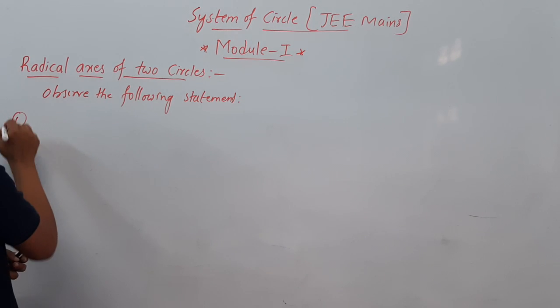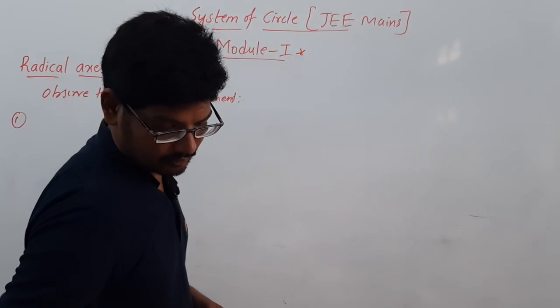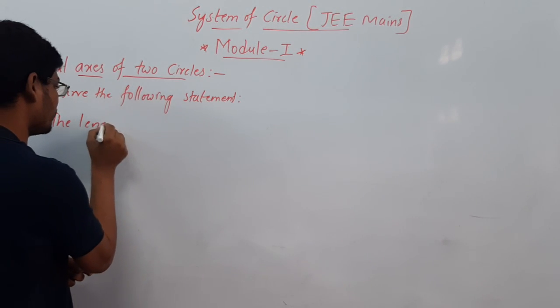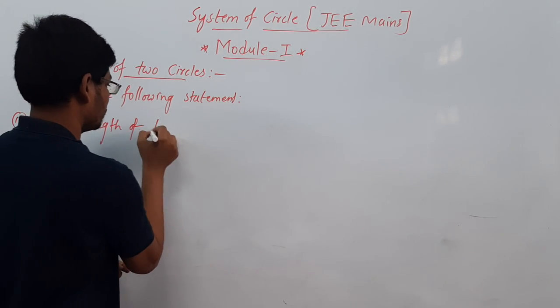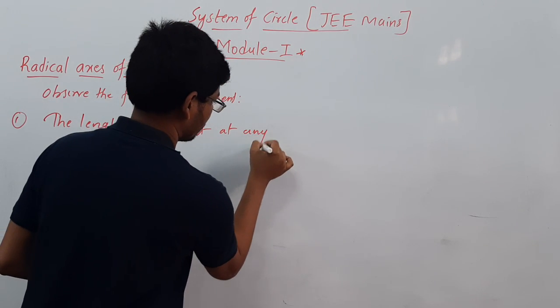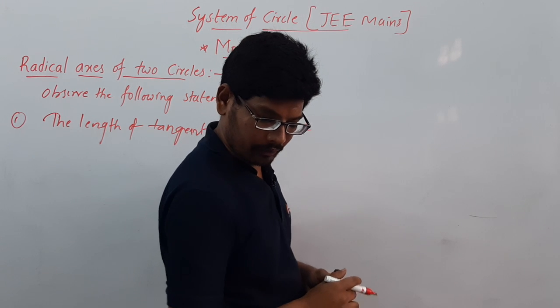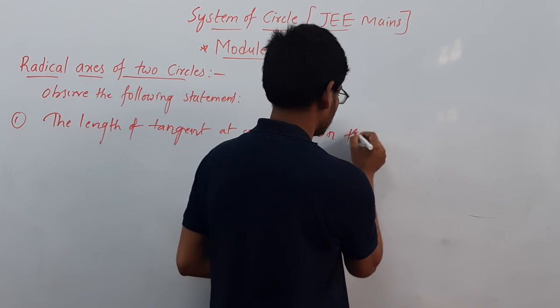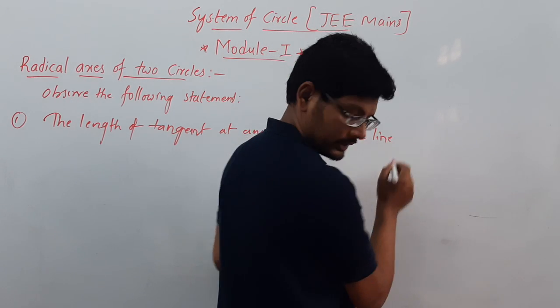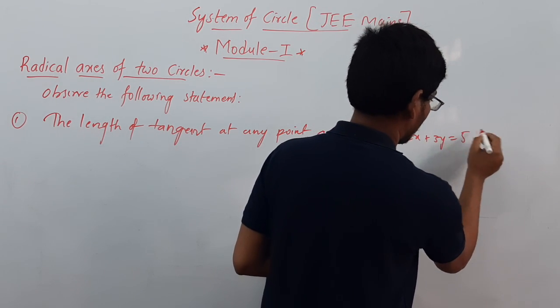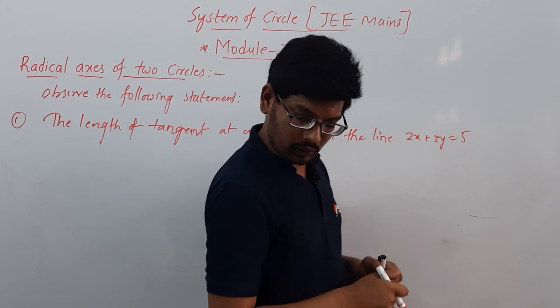In that, the first statement is: the length of the tangent from any point on the line 2x plus 3y is equal to 5, to the circles